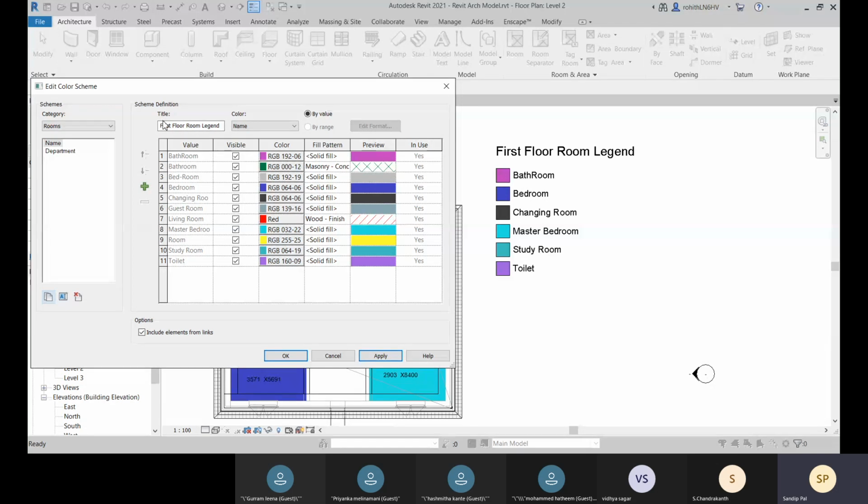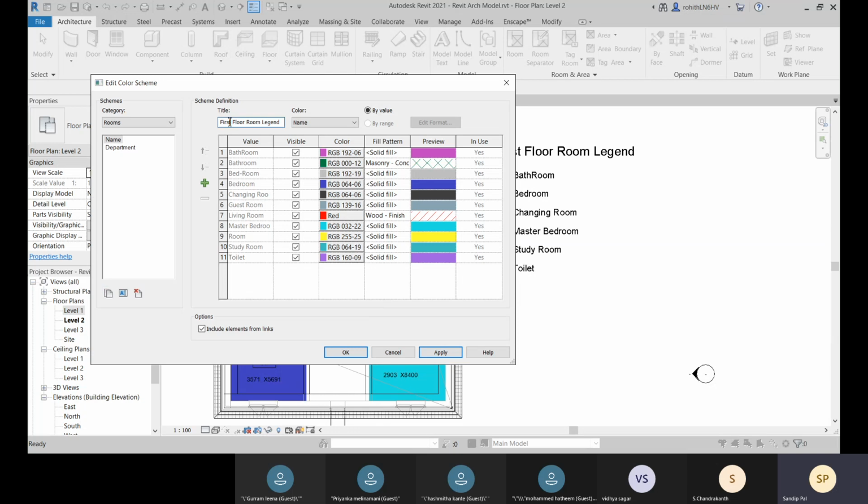Here you can see this is your legend, so let's give it a title: second floor room legend.